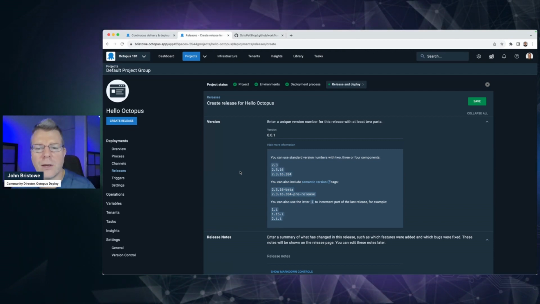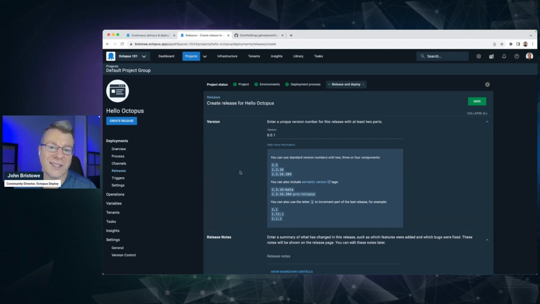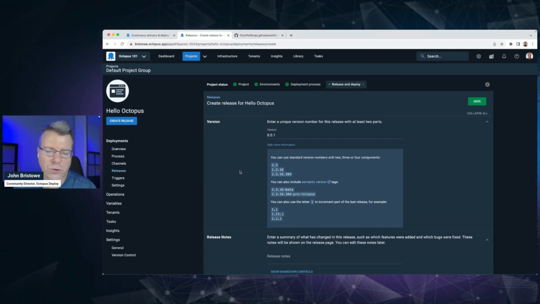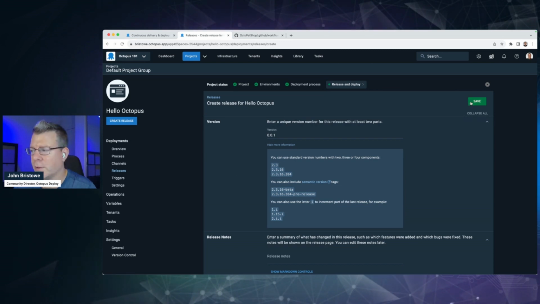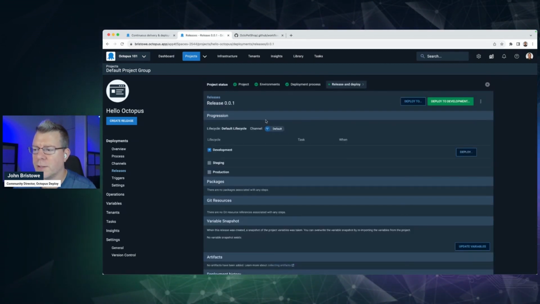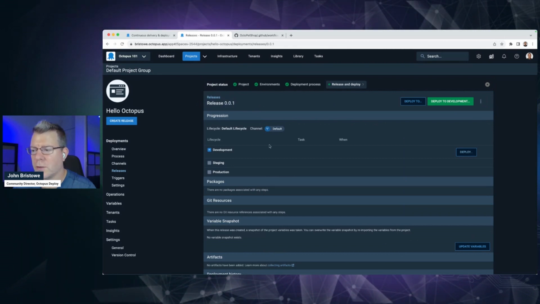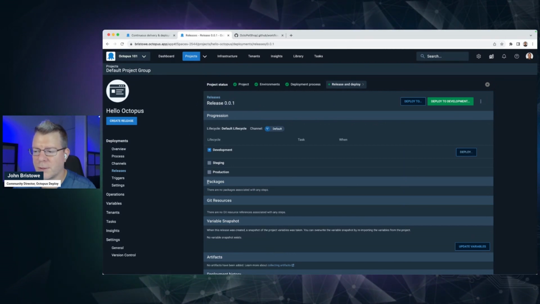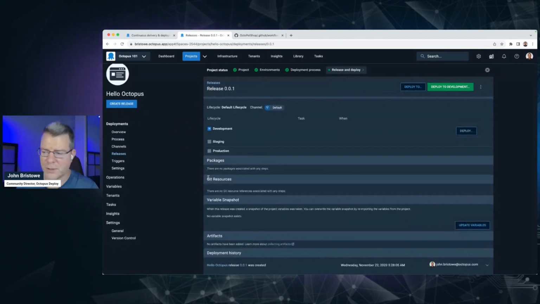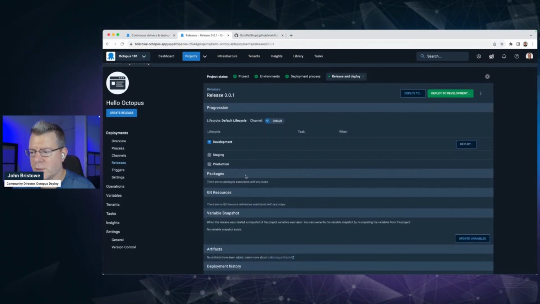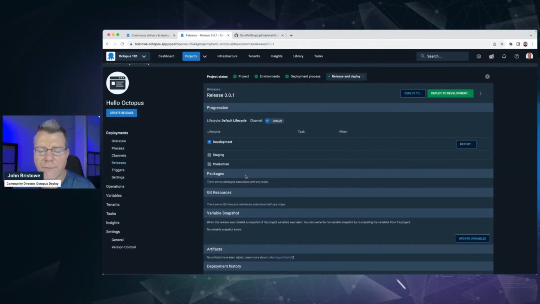So the whole reason why we do a versioning of a release and we create a snapshot of that release is so that you can then promote that release to other environments, and you can do so in a consistent way. Those releases won't change because all the values have been saved in a snapshot. That's why we create a release. So if we save this release, we've created a release called 001. And you'll notice here that we have a variety of options here. Now, don't worry about all these options. It's not super important that you know what these things are, but this is a summary page of everything that